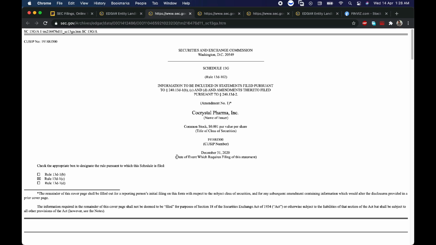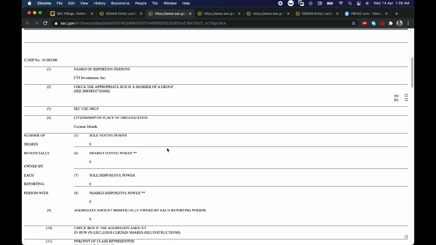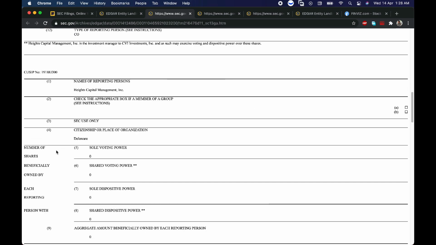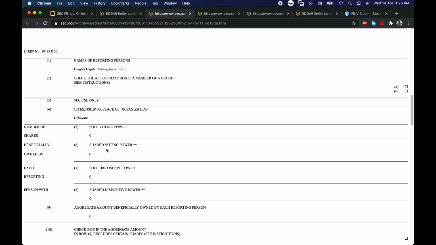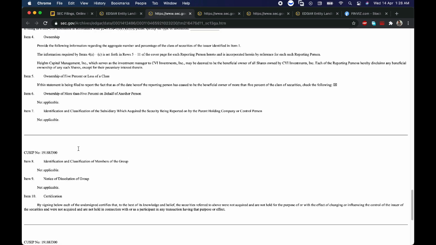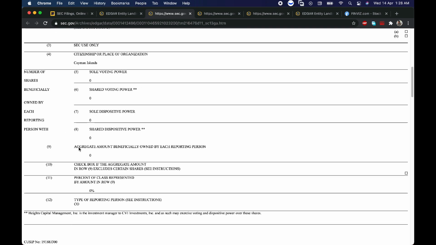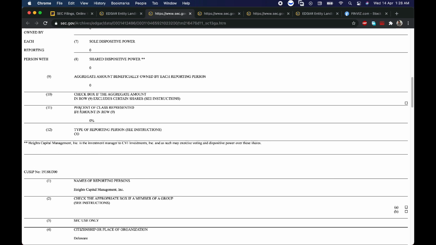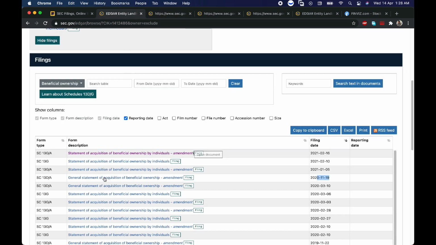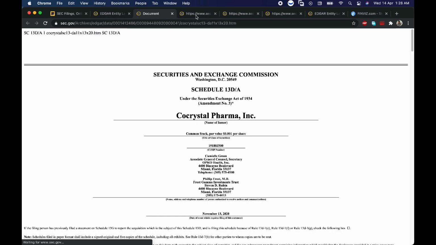Let's see this. So here we can see that there will be a number of people and the number of shares they hold and everything about different companies.